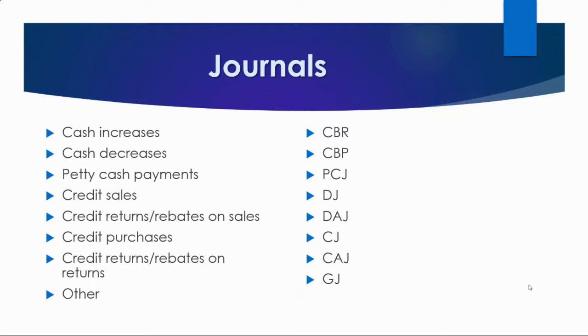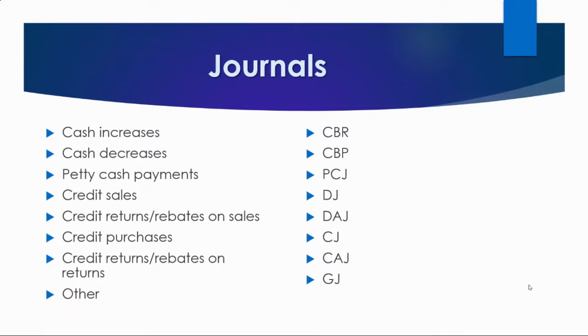Then if we talk about the journals, these are the various journals. Now remember, your cash increases when we look at the cash book receipts. Your cash decreases if we look at cash book payments. Your petty cash payments will decrease your petty cash. If we look at petty cash journal, your credit sales goes to your debtors journals, and your credit returns and